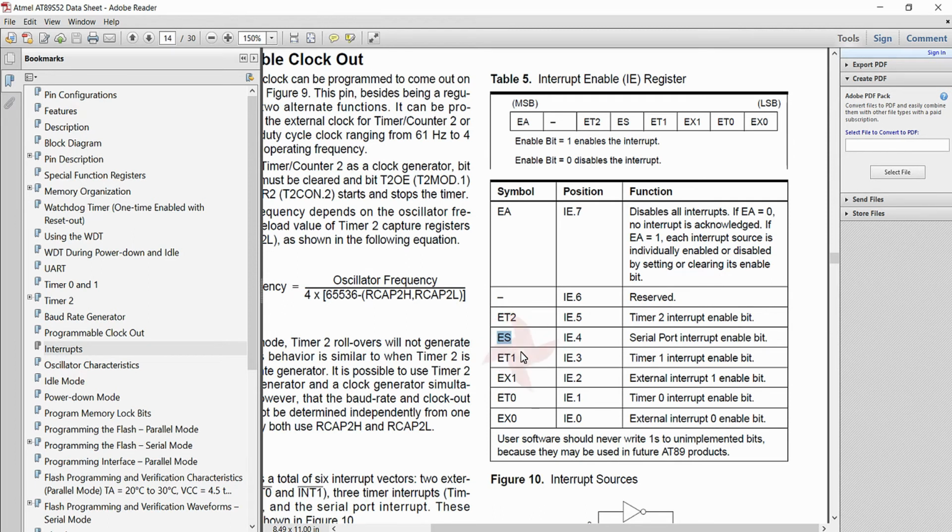And the fourth bit is the serial interrupt enable bit, which is used for enabling the serial port interrupt of the microcontroller. The fifth bit is ET2, which is used for enabling the timer 2 interrupt of the microcontroller. And finally, the seventh bit is the EA bit, which is the global interrupt enable bit. Irrespective of whichever interrupts you are enabling, you need to enable this bit for enabling all the interrupts. So we are going to define each of these bits separately